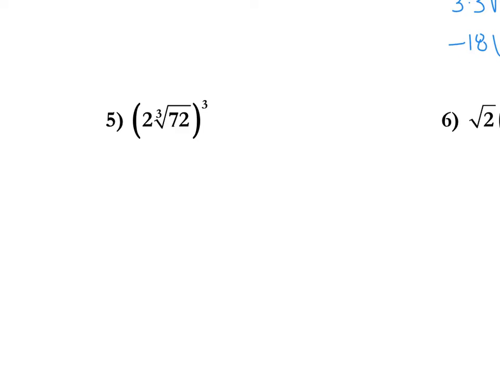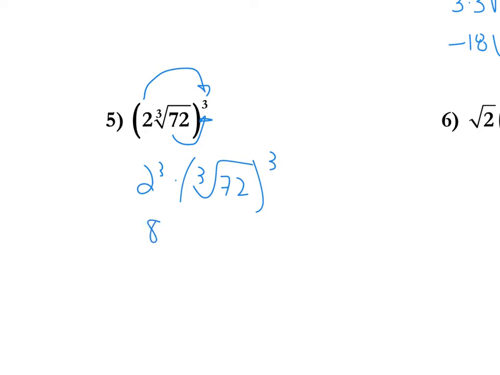Okay, so once again, look before you cross the street on this problem. Notice that we are cubing a cubed root. So everything on the inside has to go to the power on the outside. So we have to take 2 to the third, you have to take the cube root to the third, and that's actually just going to cancel itself out. Because we have 2 to the third times the cubed root of 72 to the third. Remember that when the power and the index are the same, they just cancel each other out. So 8 times 72, and we get